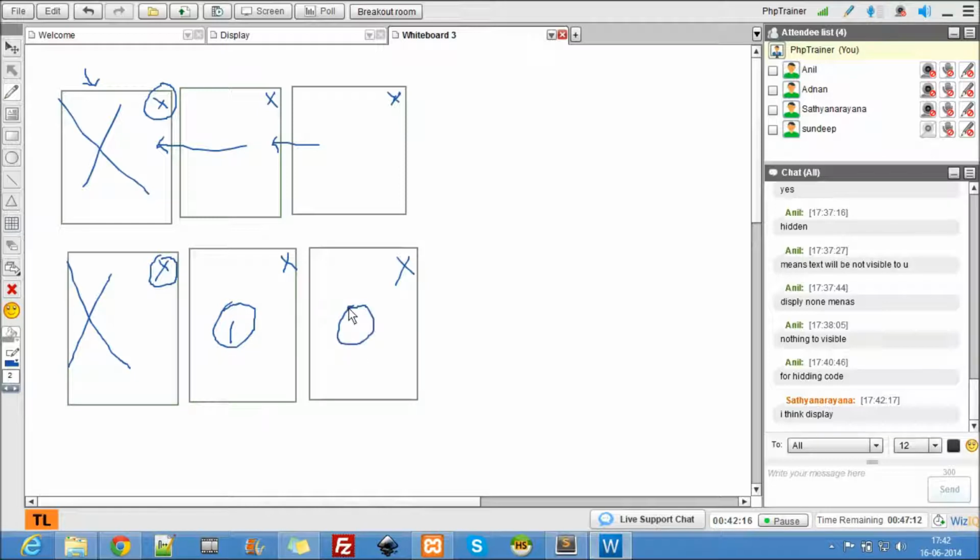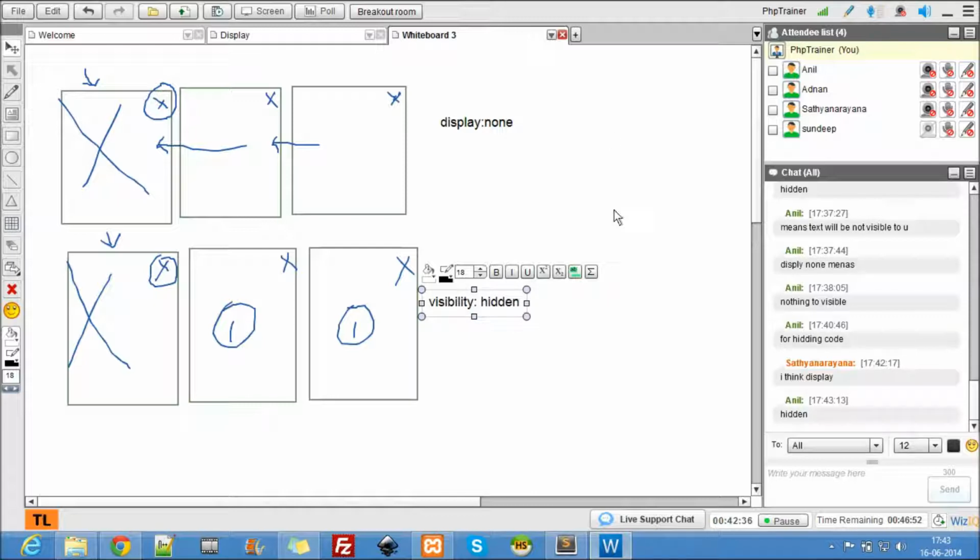These are fixed here, they should not move. Okay, what should be applied here? So in this case it's display none. In this case it is visibility hidden. Okay, so it purely depends upon the application.